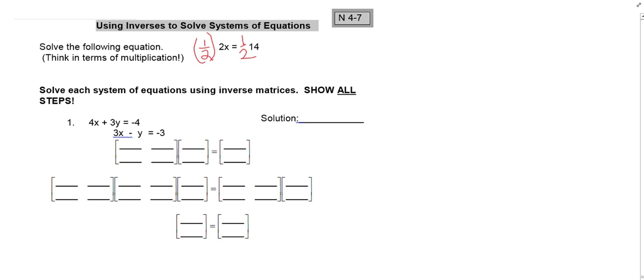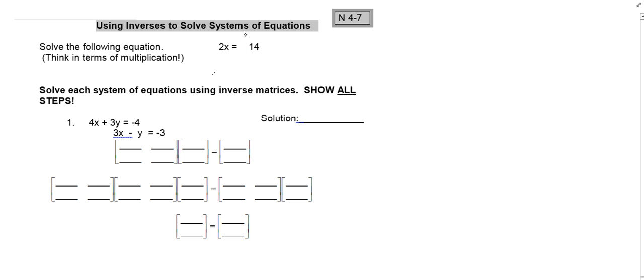And we get, of course, 2x divided by 2 gives us x. Really we have 1 times x, right? And 1's the identity for multiplication. So we have 14 divided by 2 and x equals 7. So notice how we multiplied both sides by 1/2. So that's similar to what we're going to do with